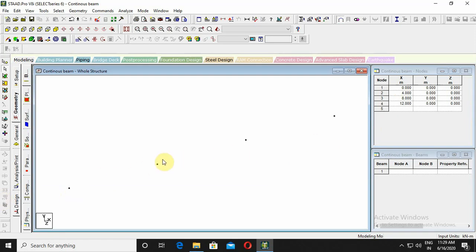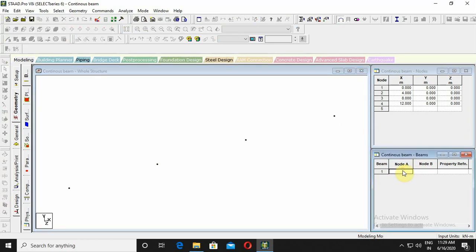Here you can see 4 nodes are created, and after creating the 4 nodes, you need to add the beam. For that, there is a dialog box with node A and node B. For the first beam, the start node is 1 and the end node is 2.